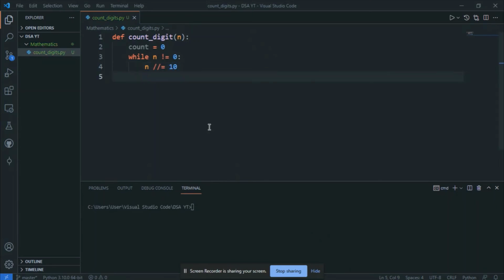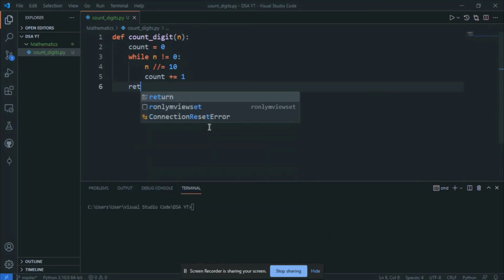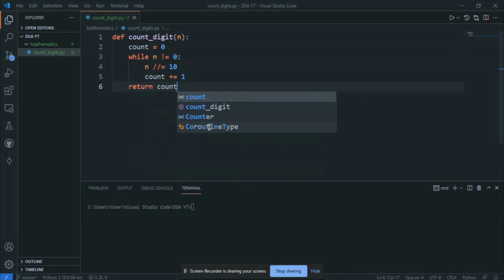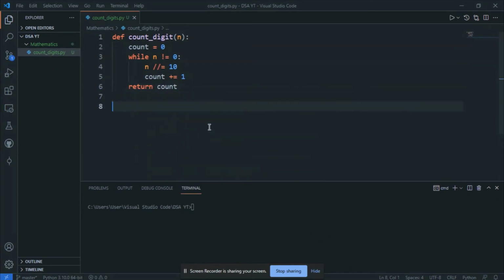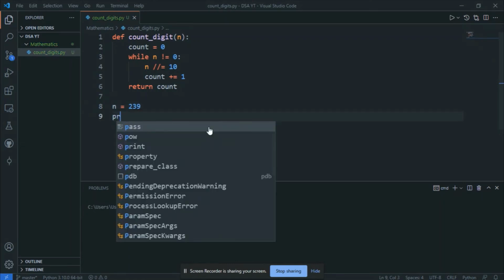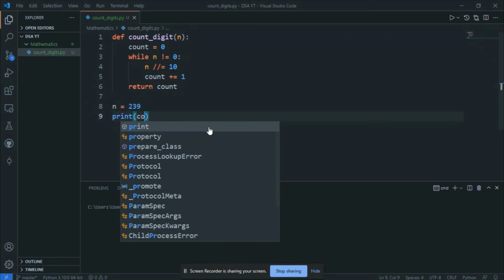Each time the number will be floor divided by 10, and at this stage we will increment the counter. Then we will return the count. Very simple, no? Now let us see the main, like what number we had. We have 339, and we'll be printing the count digit.